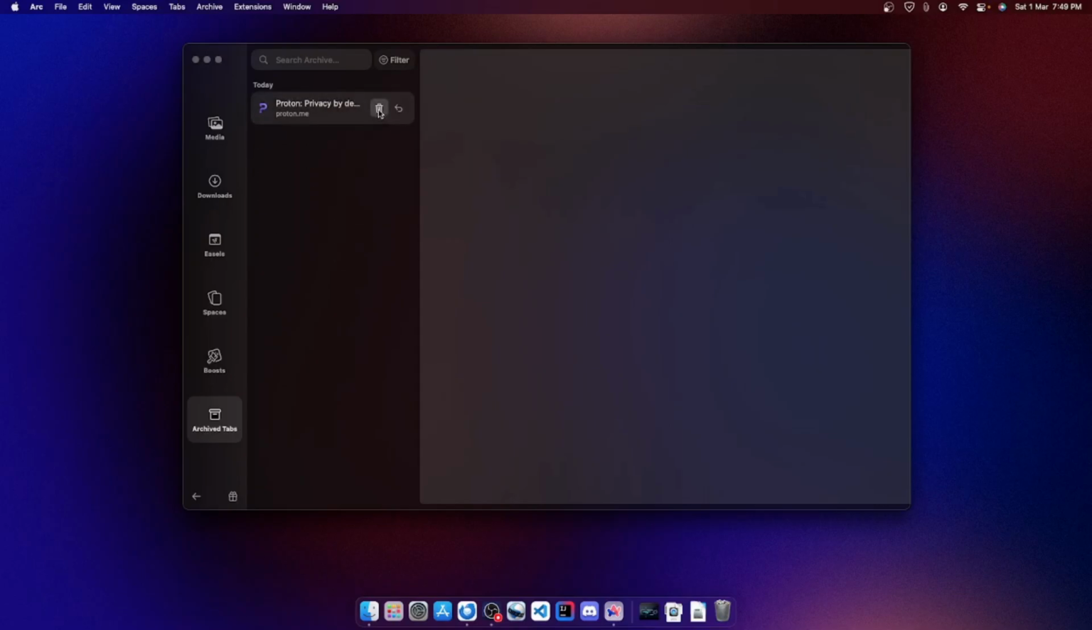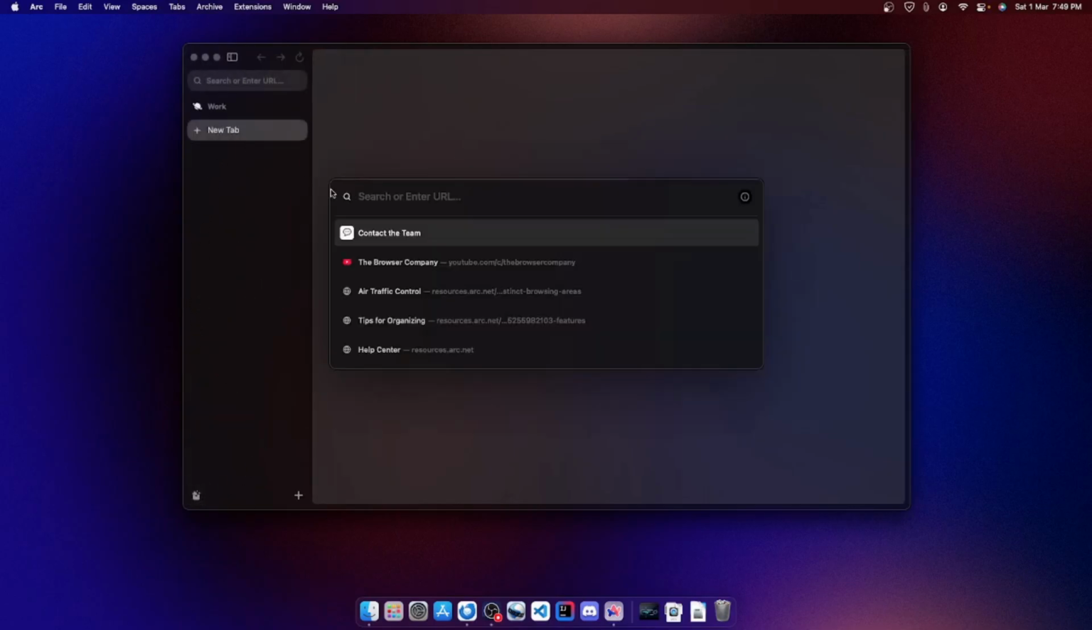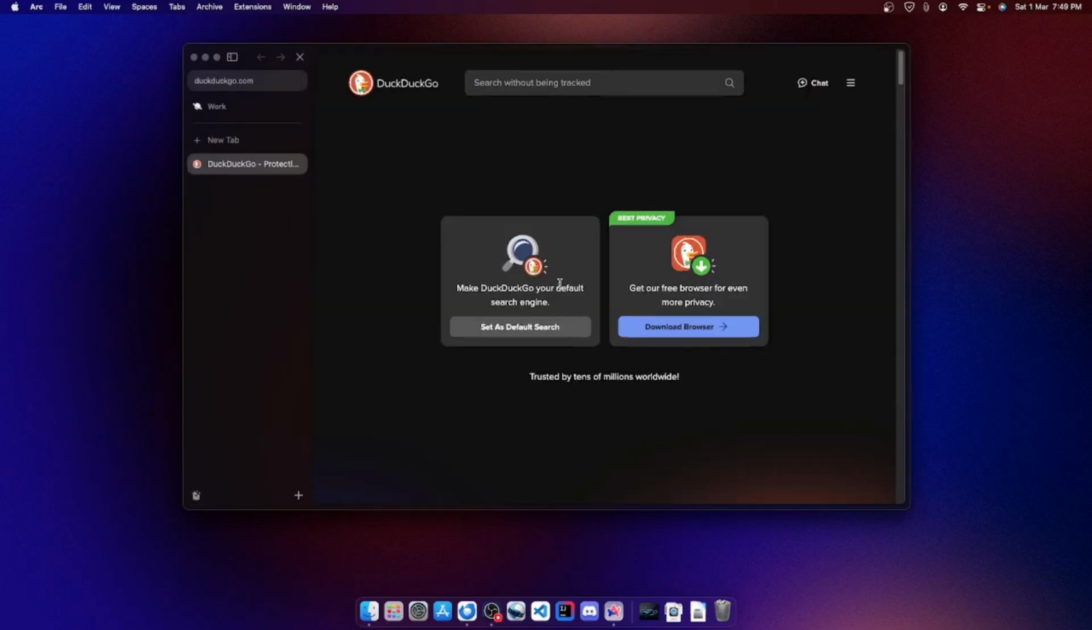Yes, so it archives the tabs, basically meaning tab history. Okay, but this is still really cool. And then also one feature I saw is that if you go, let's say, to duckduckgo.com, and then